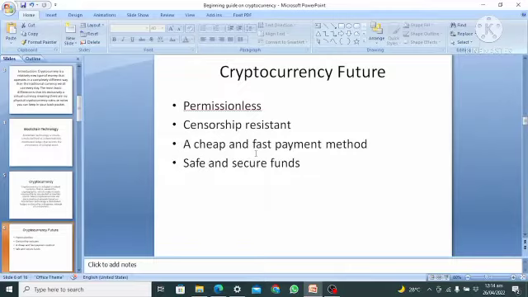No one can have access to penetrate into your asset unless you reveal the secret or the password of your own account to that person. And it's very fast in terms of payment, it's permissionless and censorship resistant. So as much as people or governments try to fight it, you'll discover that it is highly resistant, and you cannot double print it the way fiat can be printed. So let's move to the next stage.